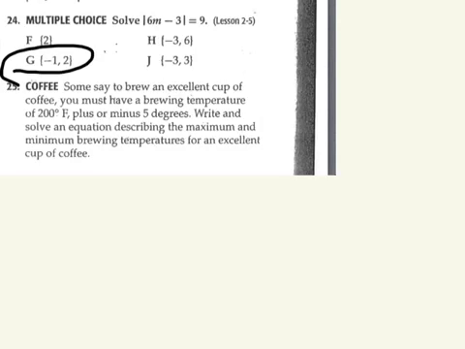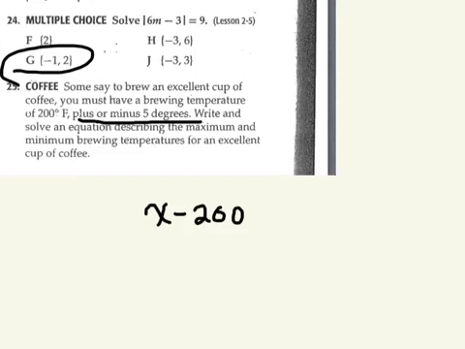For number 25, we're going to write an absolute value equation, because usually whenever we have a plus or minus situation like we do here, it implies that we've got not just any equation, but an absolute value equation. Talking about brewing coffee, we should have it at 200 degrees Fahrenheit, plus or minus 5 degrees. So that means the temperature